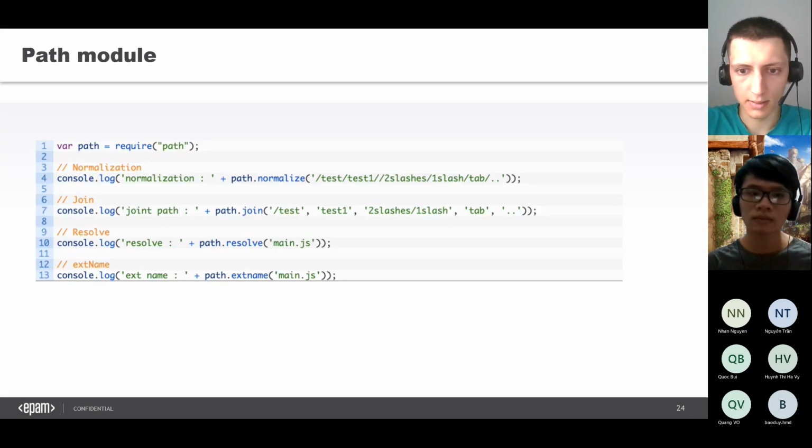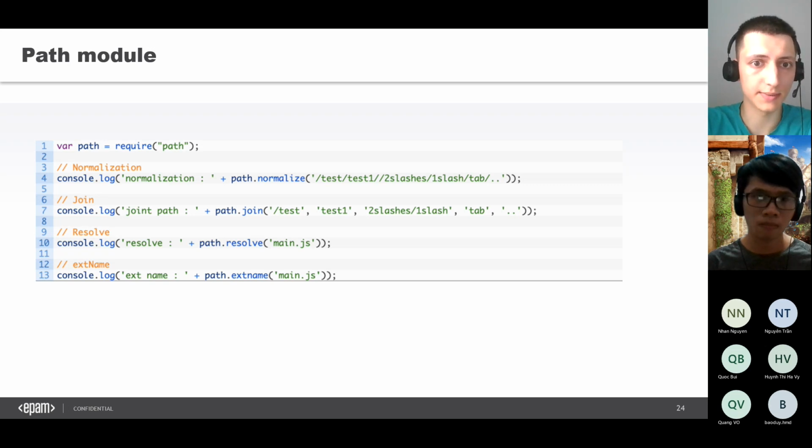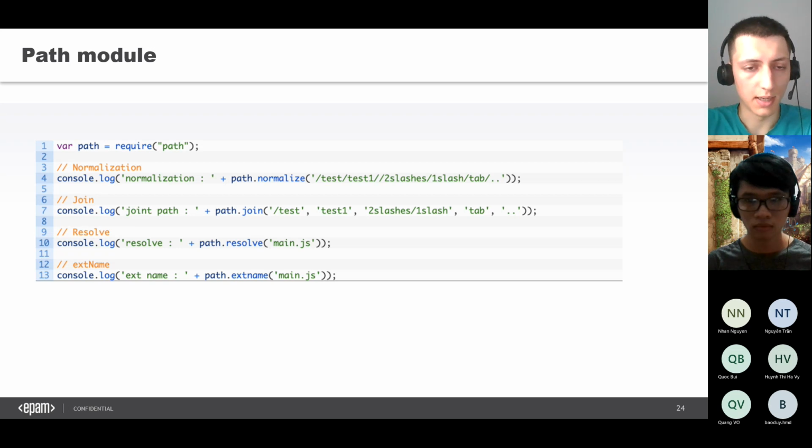And the last but not least module is path. Here you can see an example of usage. For example, we can use the normalize method to normalize the path. You can also use join.